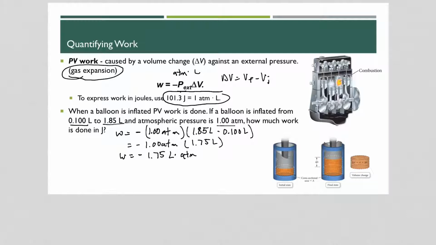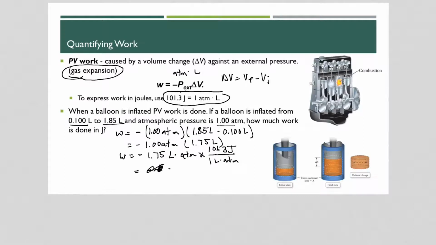Now, if we do our units conversion, we can multiply by 101.3 joules per 1 liter atmosphere. So if we do this conversion, 1.75 times 101.3, we get, to 3 significant figures,